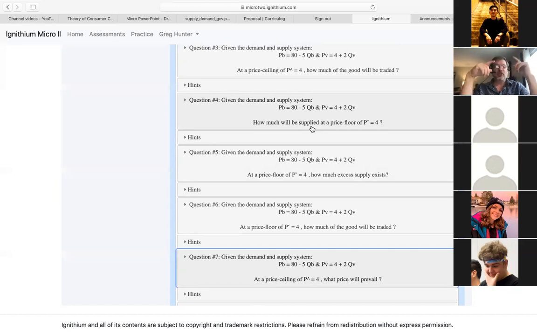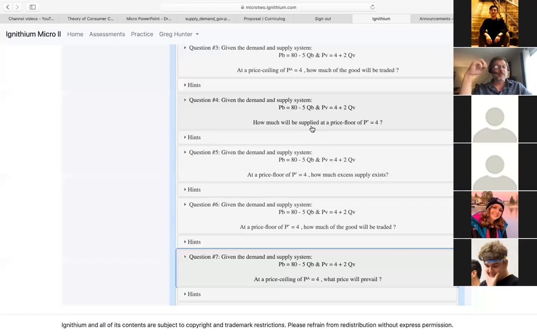Well, yeah. So you put your demand curve and your supply curve, right? Yes. And then what's the next thing that you should do? Finding equilibrium. Yeah, you have to find the equilibrium because, I mean, in this case, it actually turns out to be simple, but in most cases, you won't be able to know if the price floor or the price ceiling is binding unless you calculate the equilibrium first.